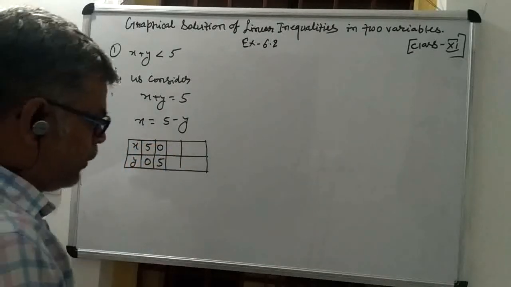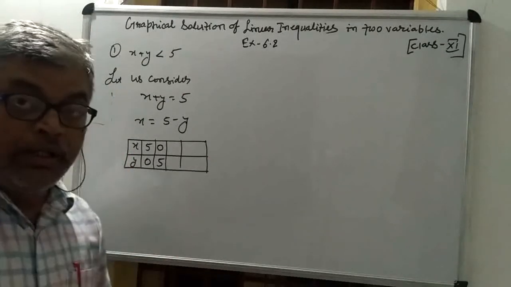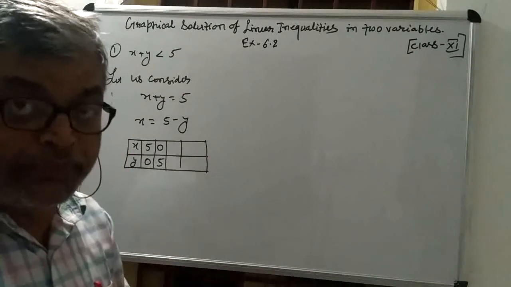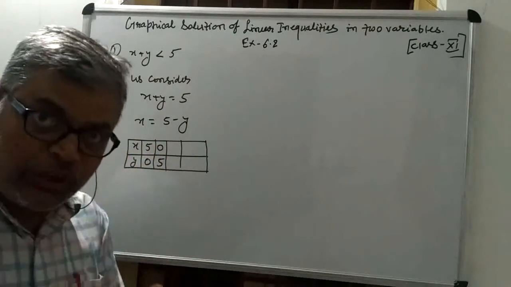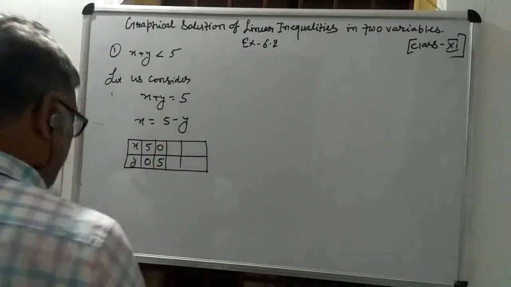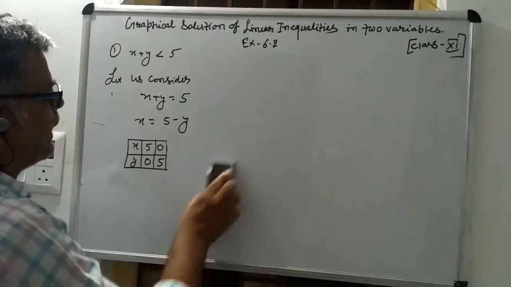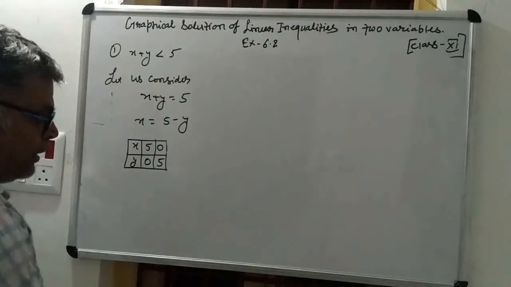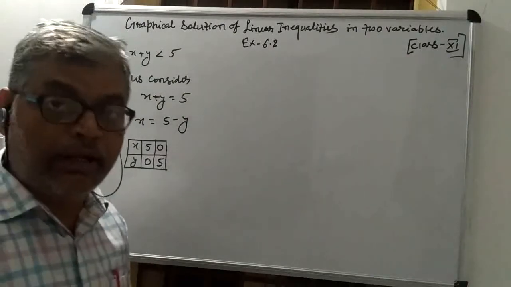I think when it is to represent a graph, then this one is the best method to represent a linear equation graphically, when one time x comes 0 and one time y comes 0. So now we need not get more values for it, otherwise you may take some more values also. So now the next thing is to represent this equation graphically.